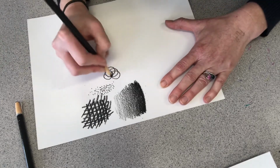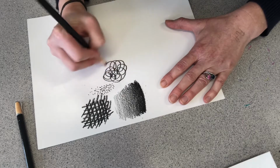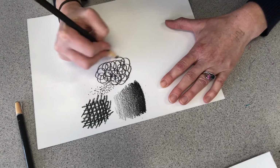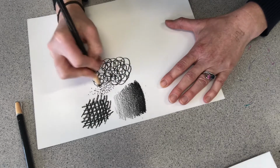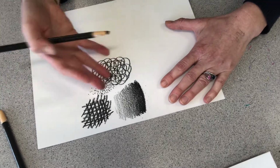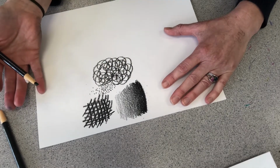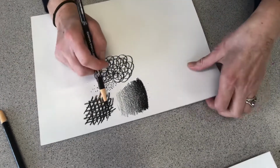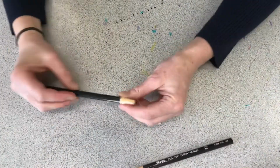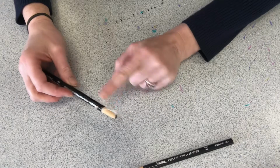Scumbling, okay, which is when you're working in a circular motion. You're not scribbling, you're working in a circular motion, okay? So those are just some of the techniques that you could try out with your China marker when you're working on your Cubist portrait. Real quick before I show you our examples, I want to show you how to get